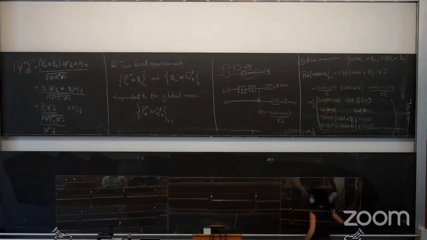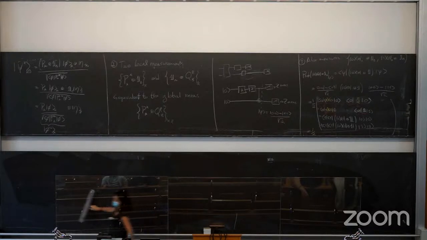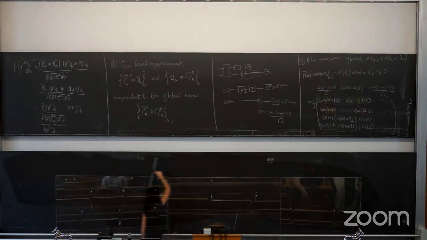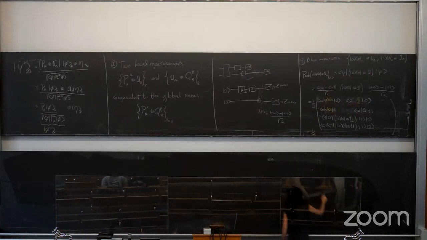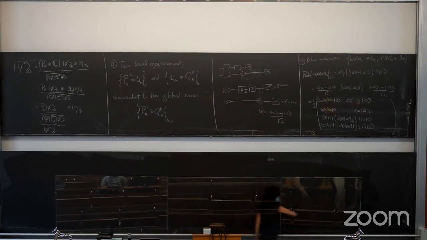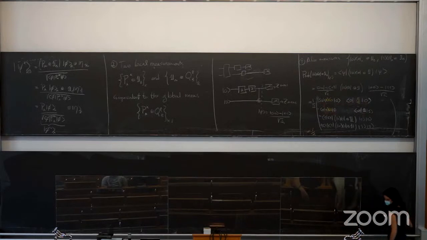What is happening here, and what does the quantum state actually represent, and so on. So if we got outcome 0,